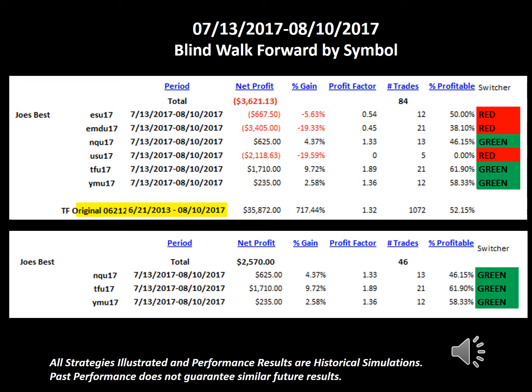So this is why I advocate so much looking at the switcher and making selections on which ones to automate every day. It just takes a minute to look at the color, and if it's green, turn it on. If it's red, you don't. If you're trying to decide between 2 and they're both green, pick the greenest one, the one that's been green the most, or pick the one that has the biggest diff number.